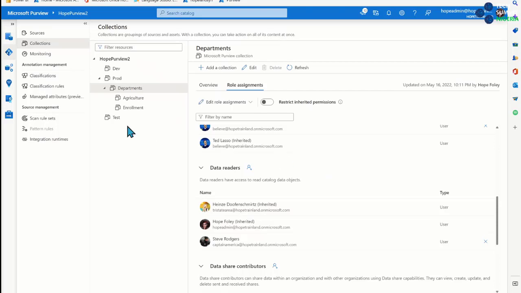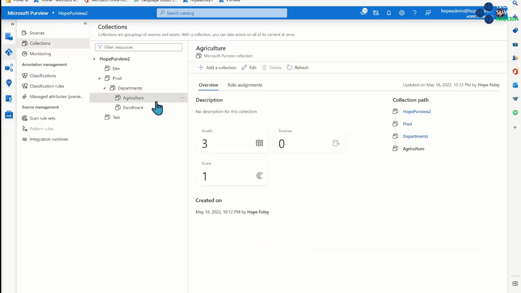And something too, you set up your data source once, but you can set up, for in our example, the SQL server that we set up, we can dole out different pieces of it to these different collections that we have. So I might have a database that I only want the people at the agriculture department to see, and I can scan and serve the metadata up in the data map to these different collections at different pieces and parts of them.